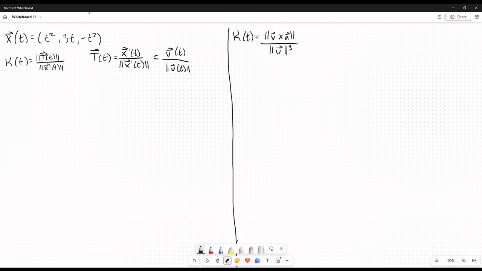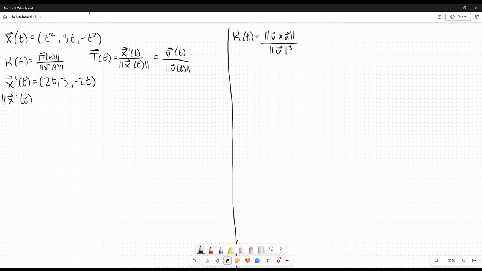So first we need to find the unit tangent vector, which is going to be the derivative of x divided by the norm of the derivative, which is another way of saying it's the velocity divided by the norm of velocity. So let's start by finding the derivative of x, which is going to be 2t, 3, negative 2t, which seems relatively simple. So you might wonder, why does this get awful? Well, the reason it gets awful is once we look at the speed,